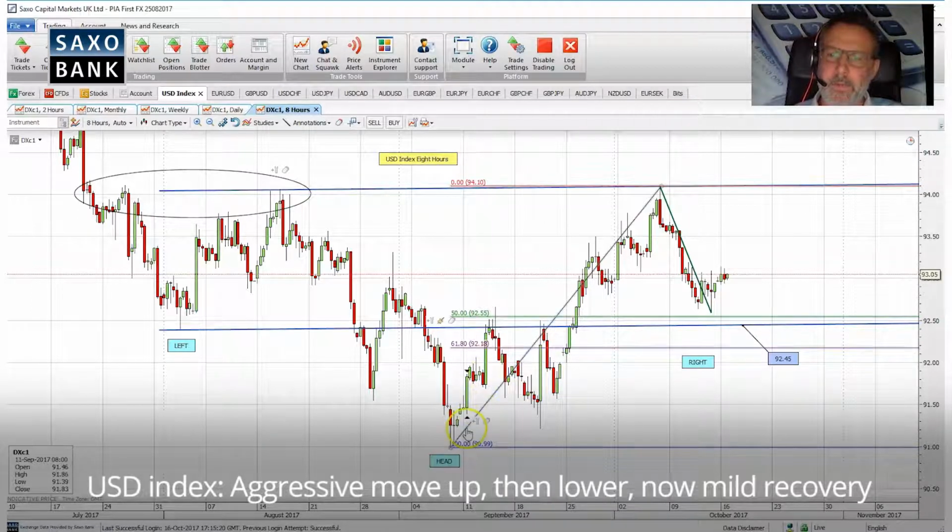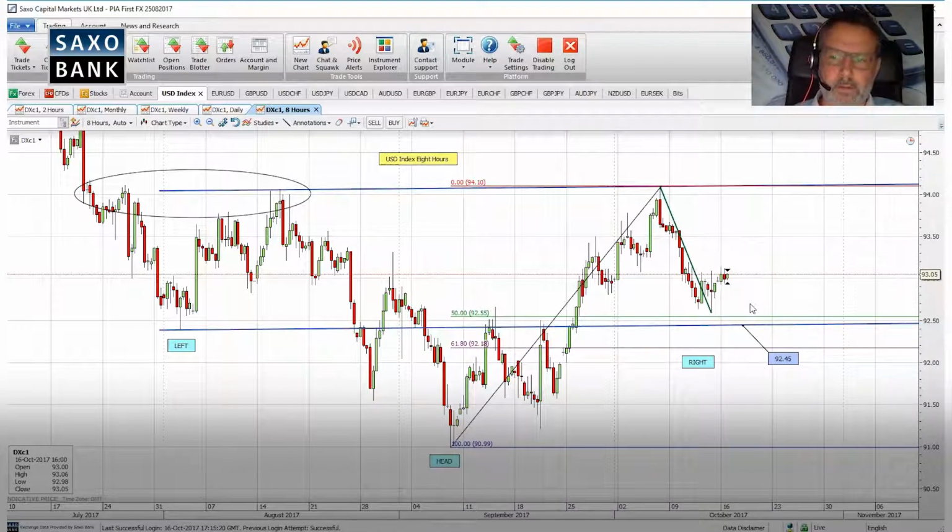Now, here we can see quite an aggressive move to the upside and then this move lower from the 94.10 area. We've just seen a very mild recovery. Now, these corrective formations are normally made of three waves, so there's nothing to say that this corrective sell-off has